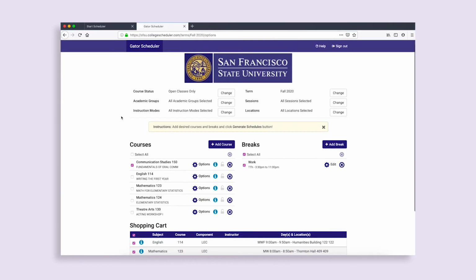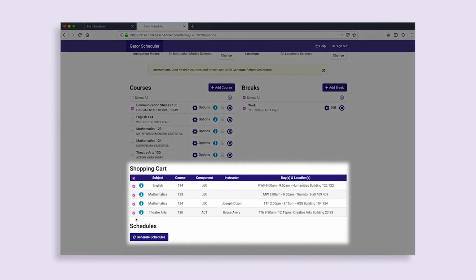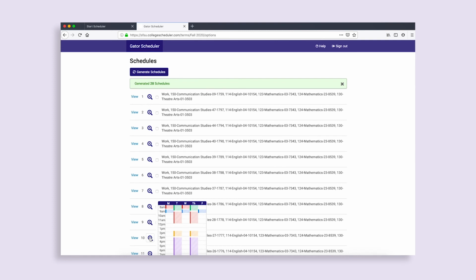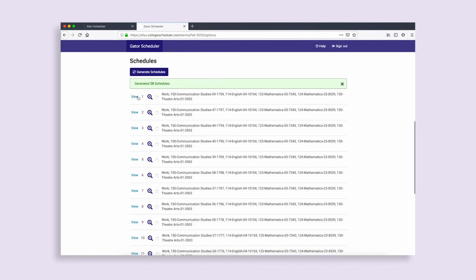To adjust or add courses using Gator Scheduler, follow the same process to open Gator Scheduler from your student center. This time you will notice an area on your homepage that notes courses in your shopping cart or enrolled courses if you were able to enroll already. Remember that Gator Scheduler will generate schedule choices for everything that is checked off. Uncheck courses from your top course planning list if they are already in your lower shopping cart. Search for your new courses as needed, then generate schedules.